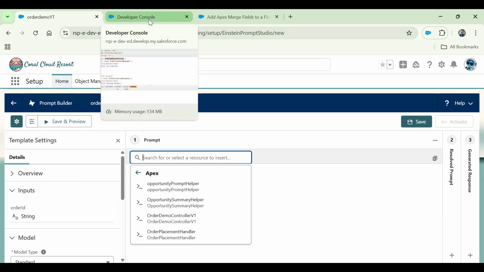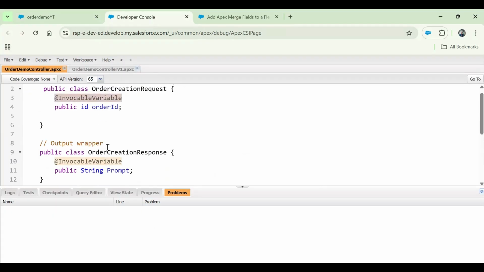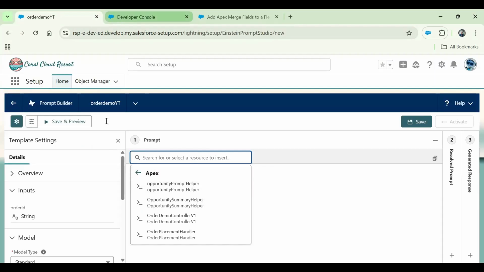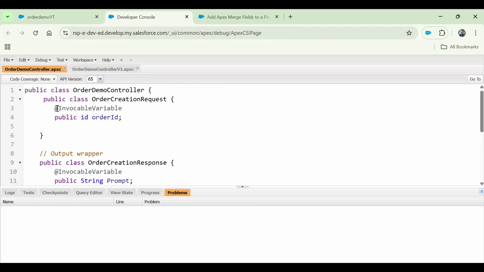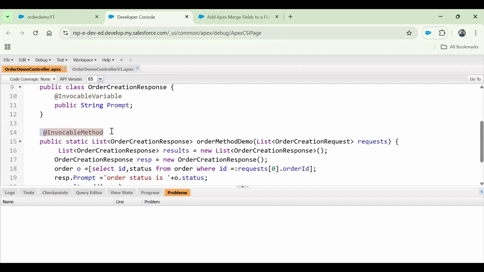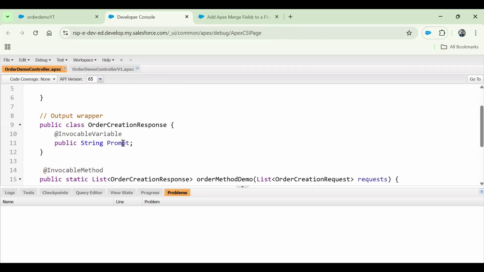What are the things you need to know before you debug this? The first and foremost thing is that if you do not mention your input attributes as invocable variables and your method as an invocable method, your class would not be listed down here. But in our case, we have successfully updated the variables as invocable variables and the method as an invocable method, which is good. The second most important point that you need to make sure of is the return type of your Apex class